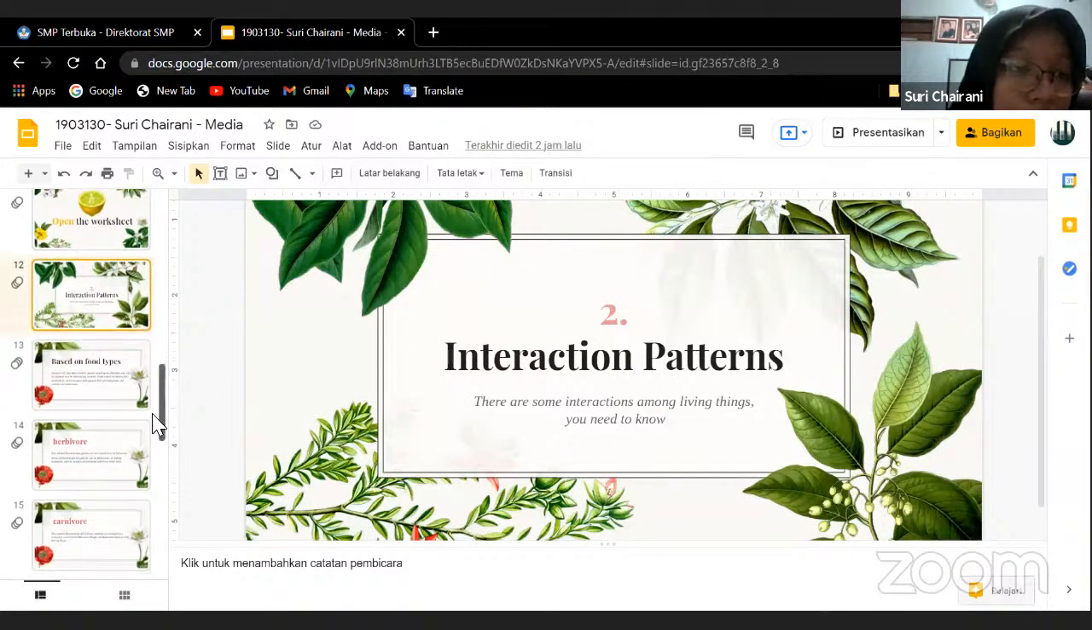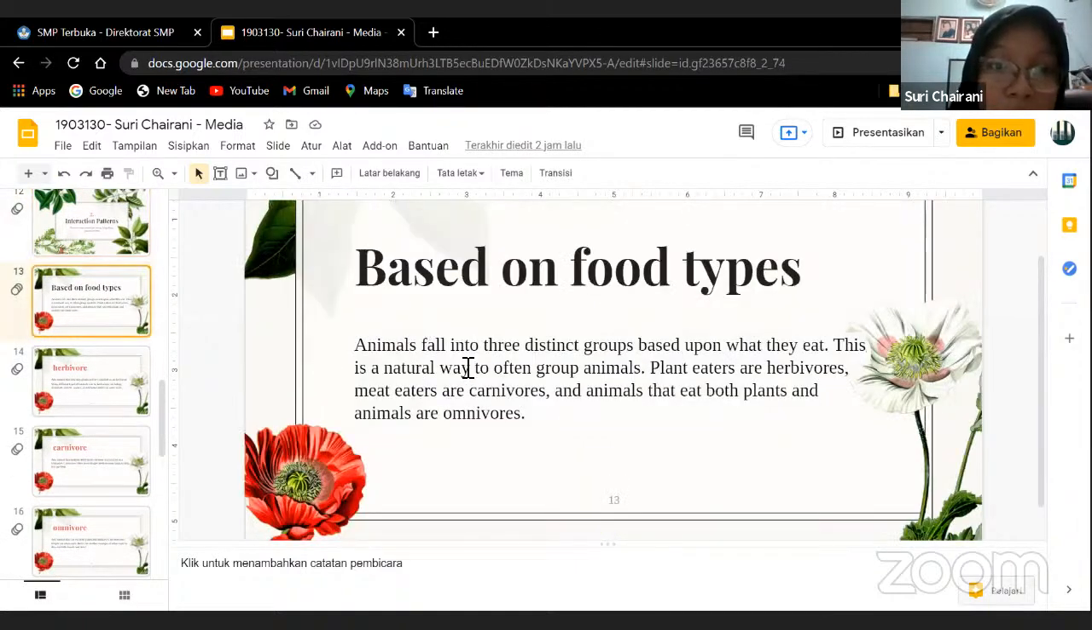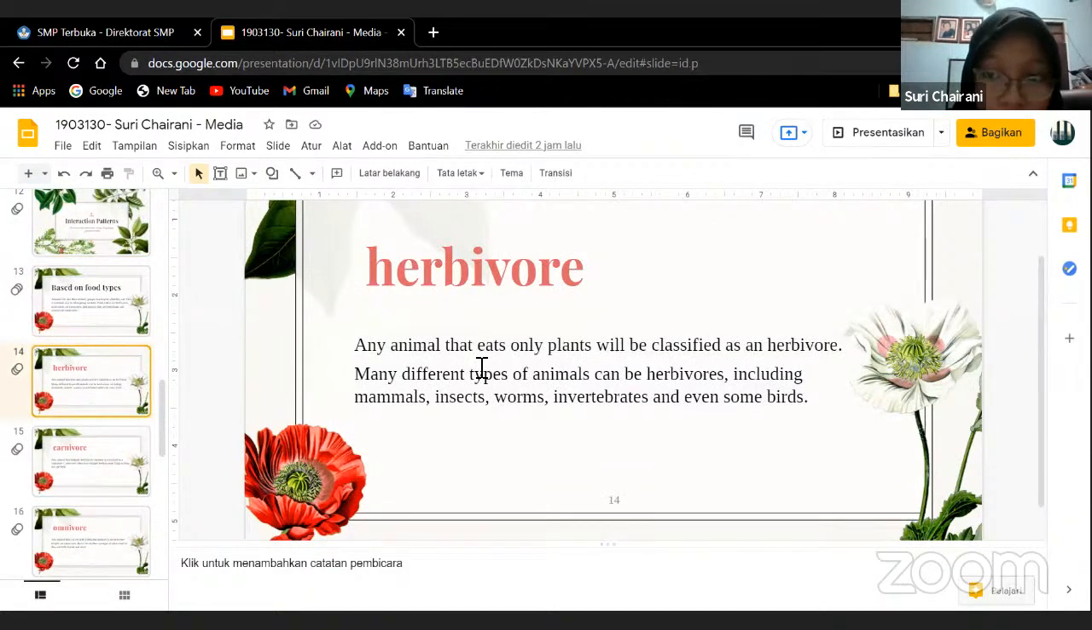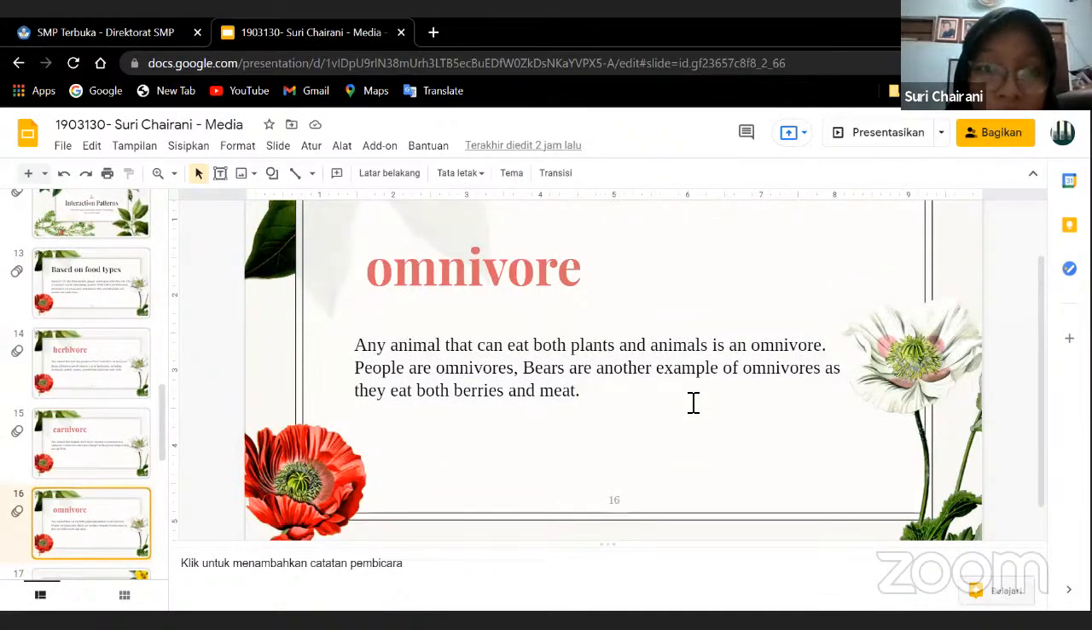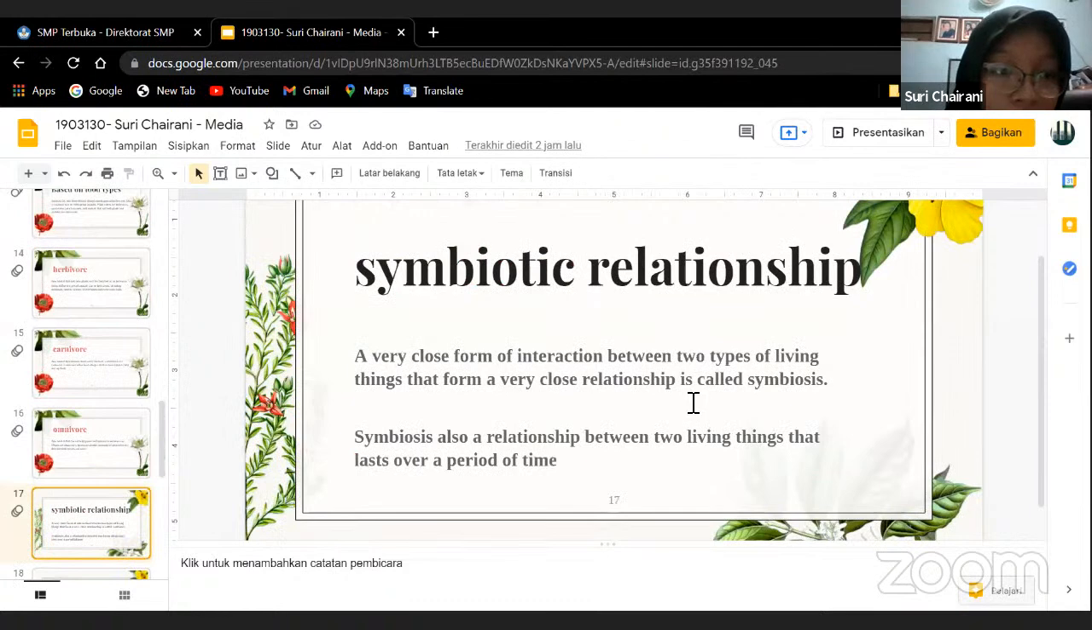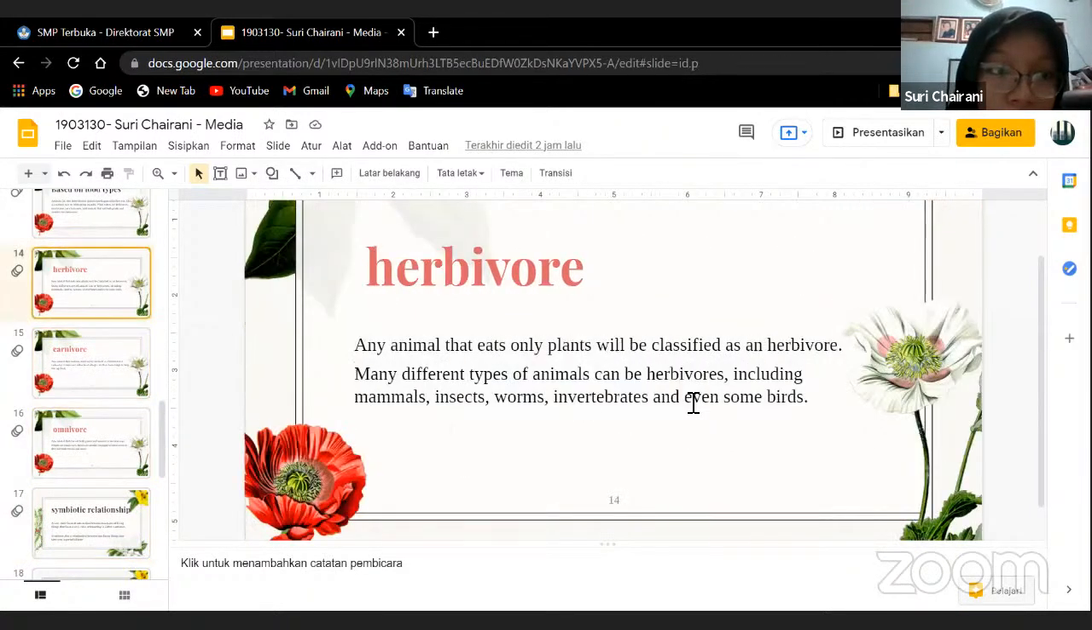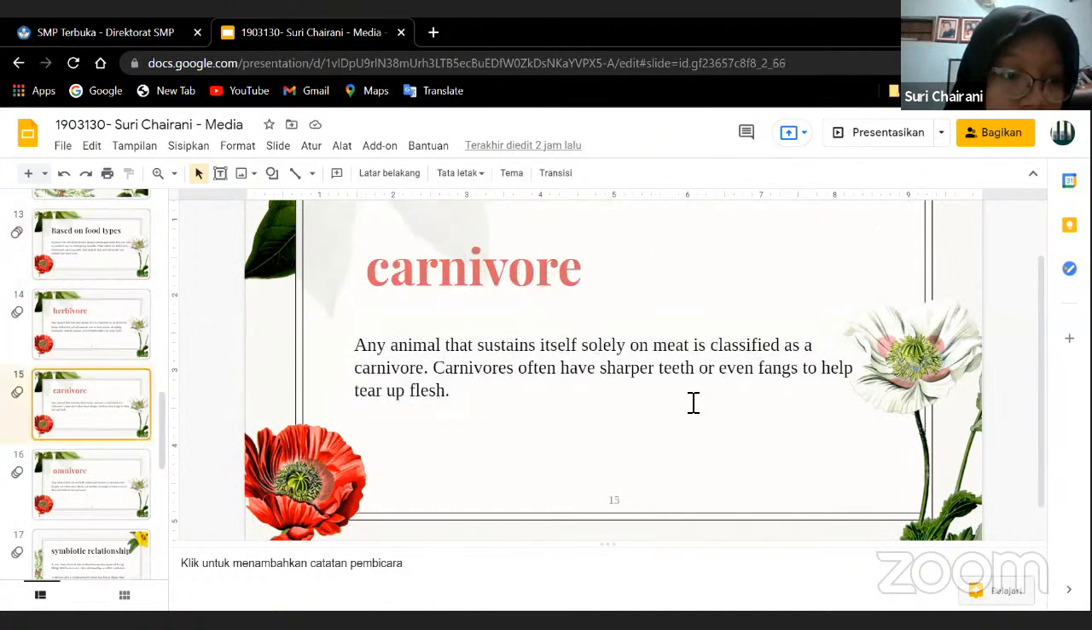In these interaction patterns, they learn about the food types. The basic food types are herbivore, carnivore, and omnivore. I give examples of the animals that are herbivores, and then carnivores. Oh, sorry, I haven't included the animals yet, and the omnivores. And then after I explain the food types,